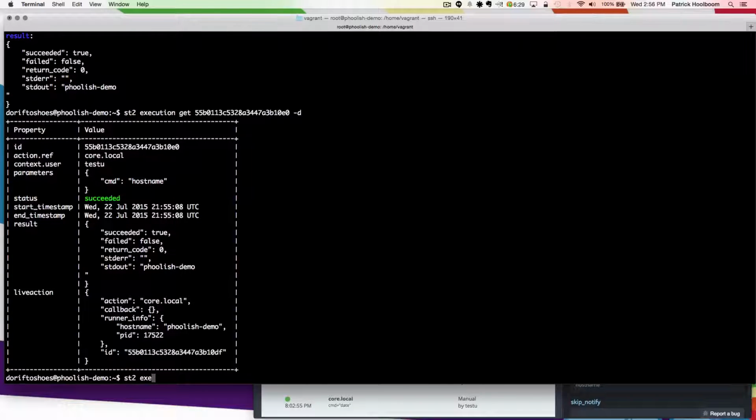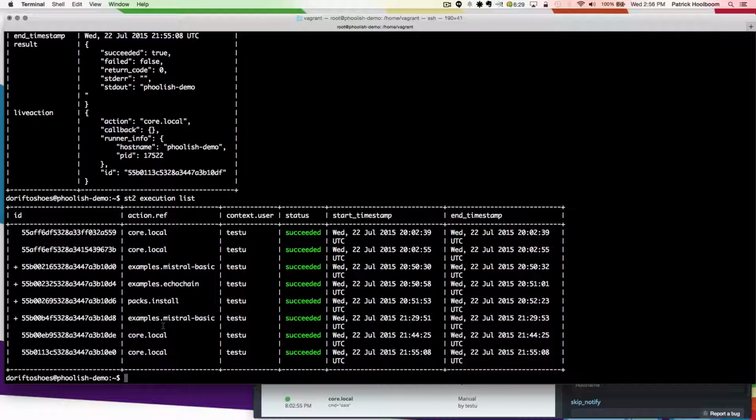If we take a look at the execution list again, you'll see that some of the executions that are in my execution history have pluses next to them here. And what that means is that this was a workflow. So I can go ahead and I can take one of these, grab this ID, and do an execution get